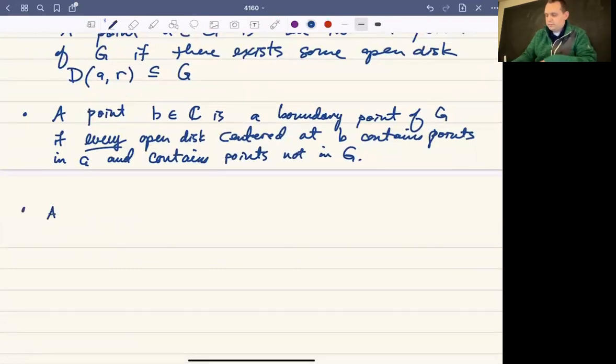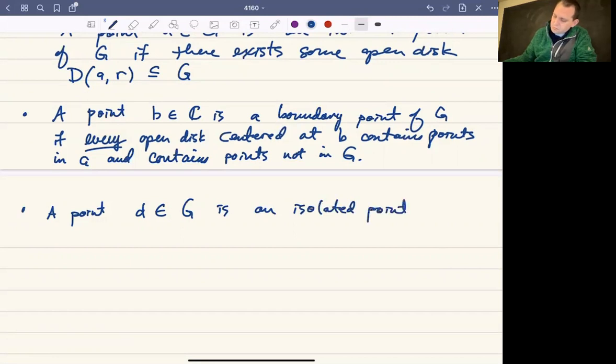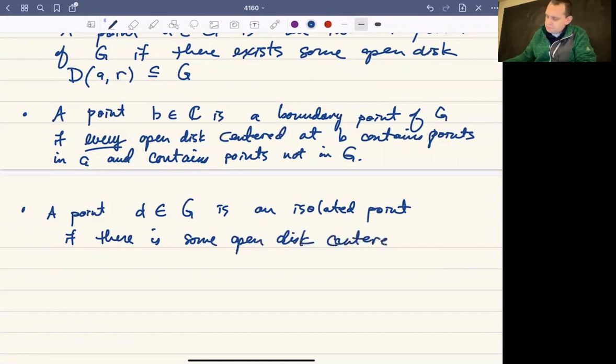I'm going to go slightly out of order of the book, but a point D in G is an isolated point if there is some open disk centered at D whose only point in G is D itself. So what we mean by that, and I'll need a new picture here,